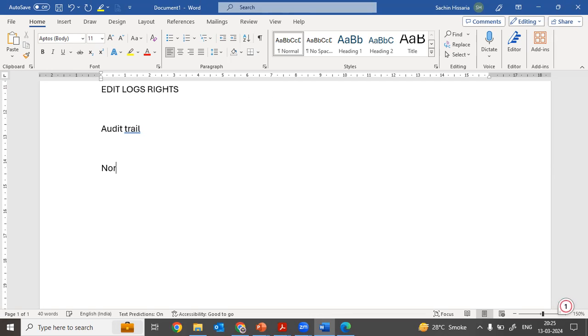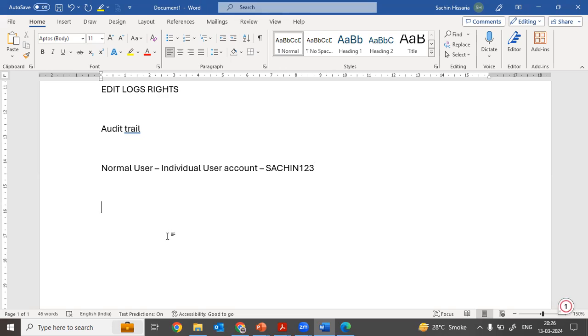Okay, one is a normal user, which is called an individual user account. For example, there is one username like Sachin123. So this is an individual ID from which you can verify that okay, Sachin is the owner of this ID,